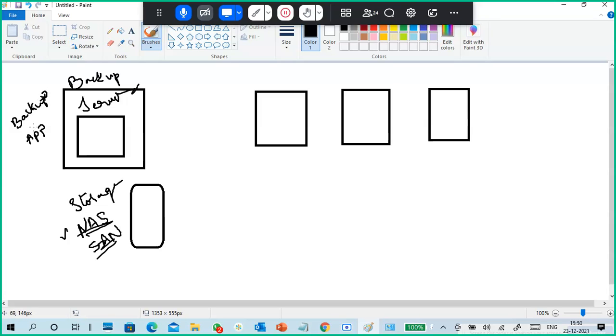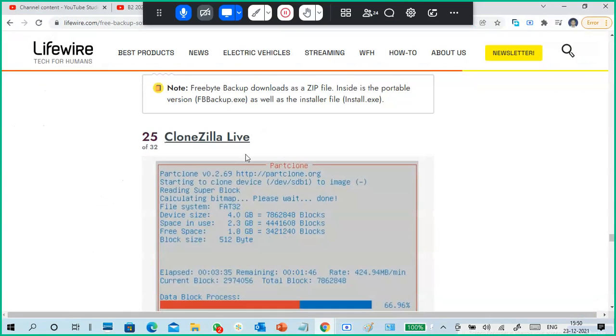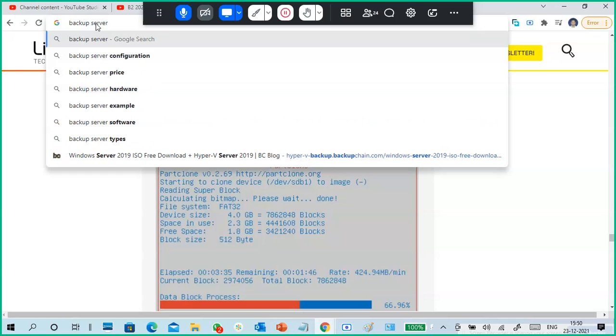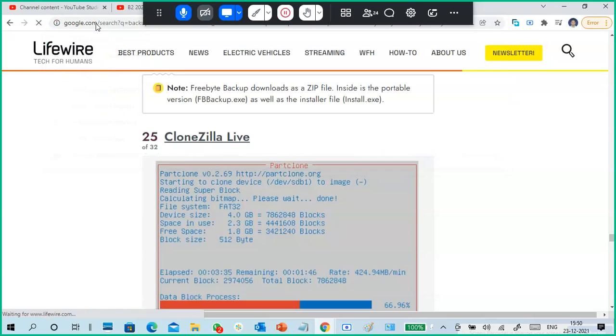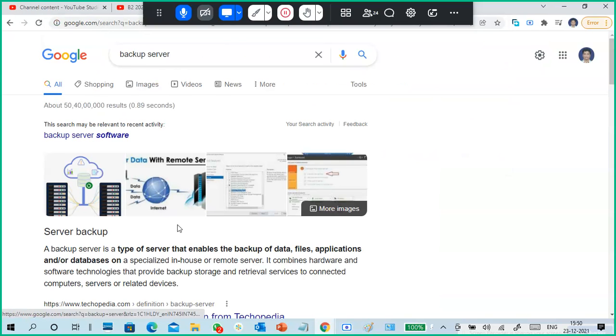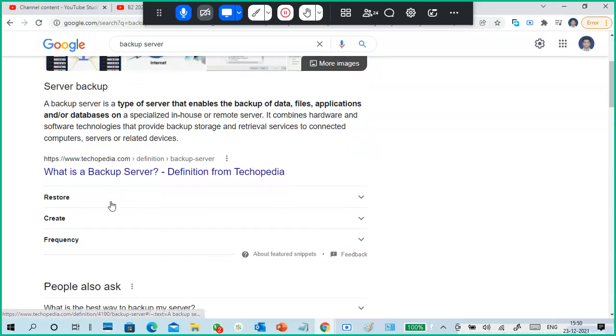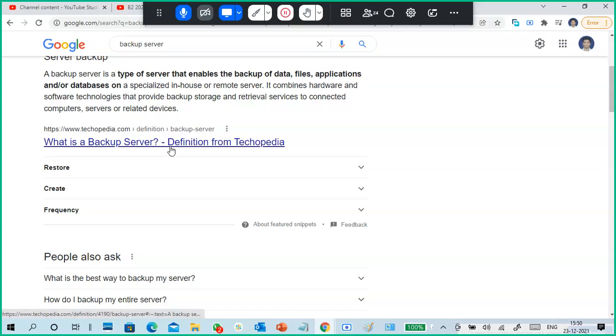Okay, backup server application. So one example is NetBackup. You can take NetBackup as an example. We want a backup server.